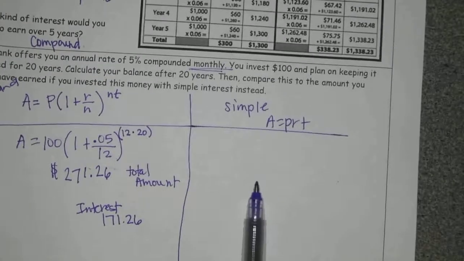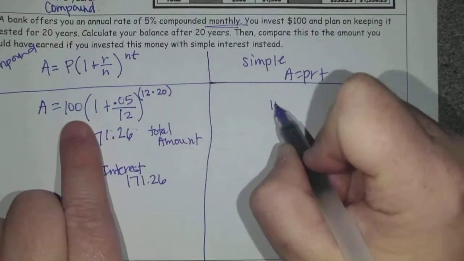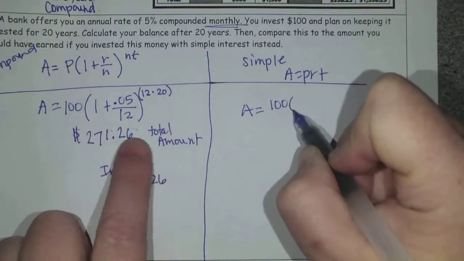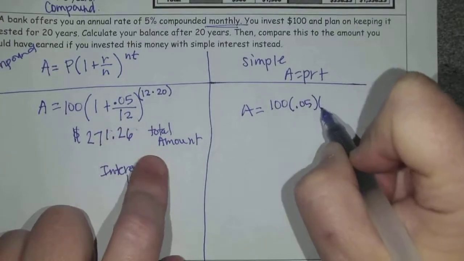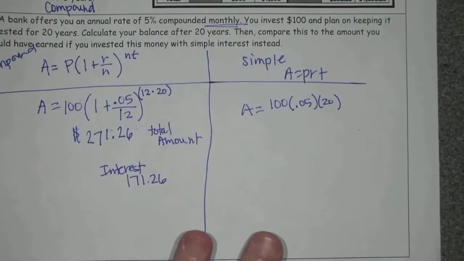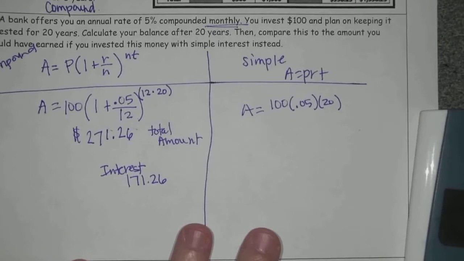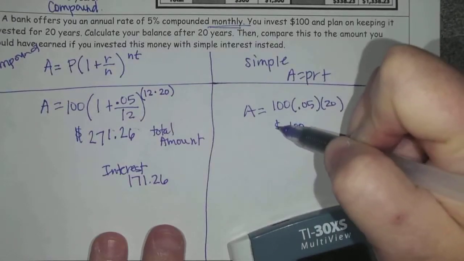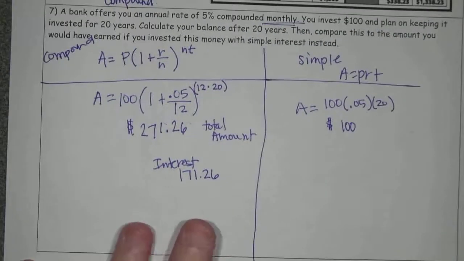Okay, simple interest for the same thing. We started out with $100. The rate was 5% and the time is 20 years. So if we were only getting paid simple interest on that, we would have gotten paid $100. So, I mean, compound